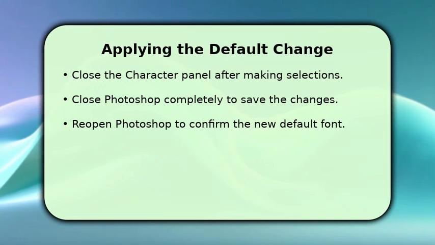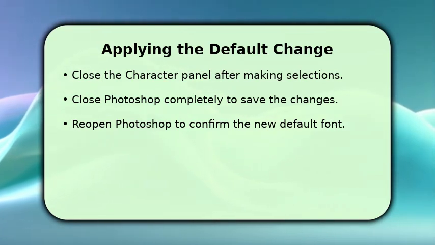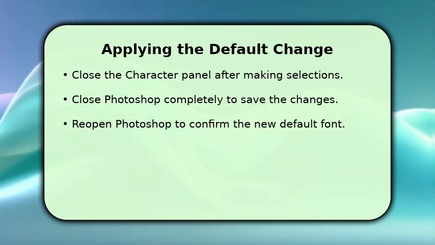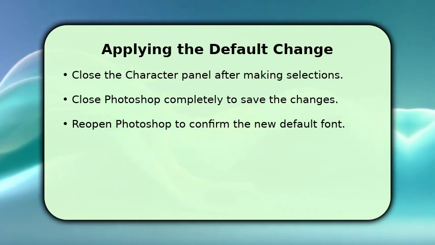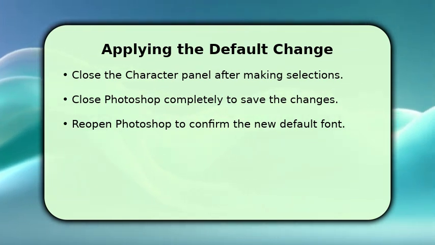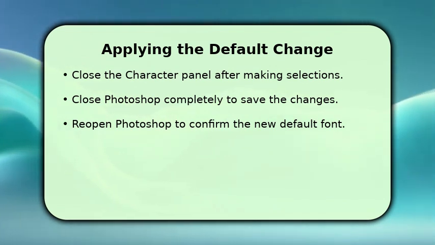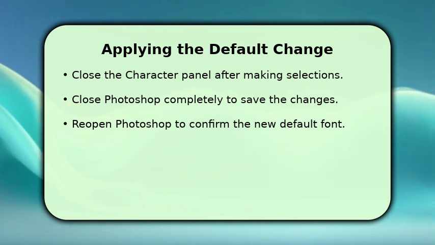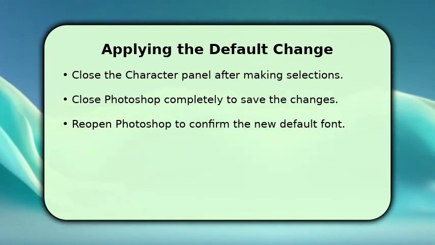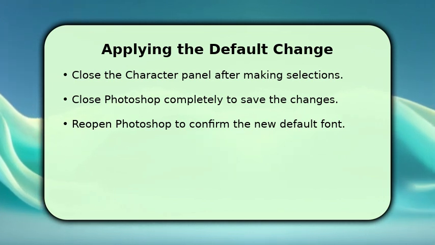Once you have chosen your desired font, style, and size in the Character panel, simply close the panel. To ensure these changes are saved and applied system-wide within Photoshop, it is important to completely close the application. After closing, reopen Photoshop. When you create a new document or a new text layer, your chosen font should now